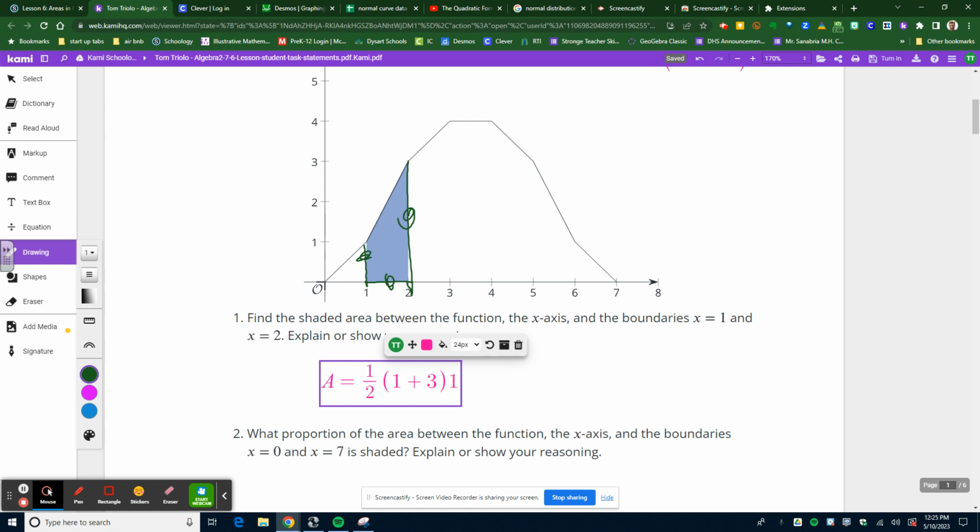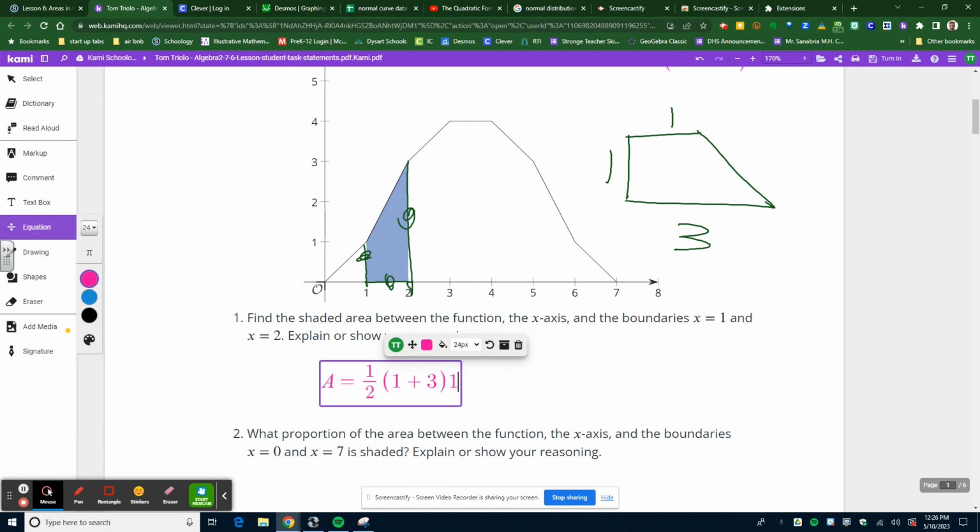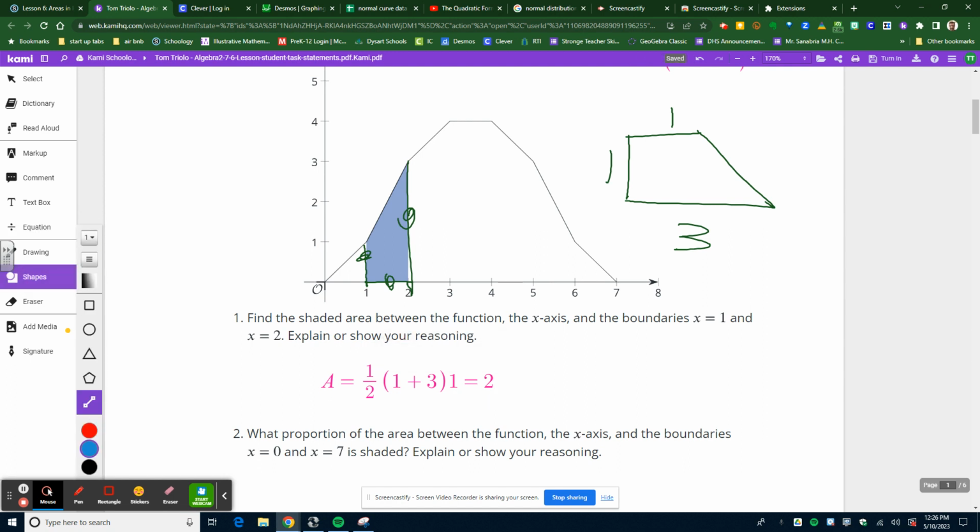You're used to seeing a trapezoid this way. So if you could envision this trapezoid like this, here's base 1, which is 3, here's base 2, which is 1, and here's the height, which is 1. So 1/2 of 1 plus 3 times 1 is 2. Good news is I've got one that looks just like that right here. So do I have to calculate this again? No. What I do have to calculate is this one here